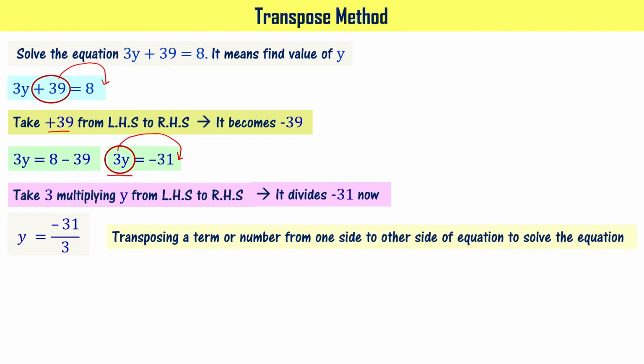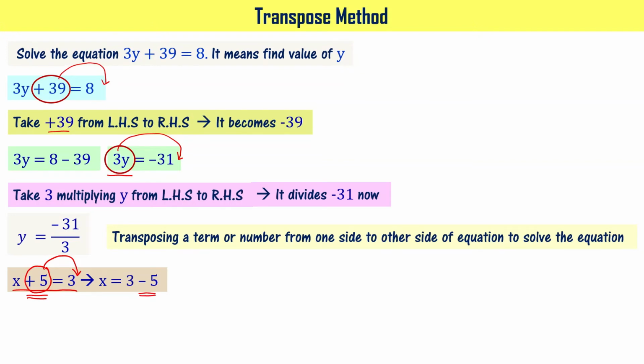But in that case also, you have to remember that if it is plus sign, when you transpose, it is going to be negative sign. If it is multiplying, when you transpose, it is going to be division. Let's try to understand that with few more examples. Here the given equation is x plus 5 equal to 3. I want to transpose this plus 5 from LHS to RHS. When I do that, the equation is going to be x equal to 3 minus 5. You see here on left hand side, initially it was plus 5. After transposition, it has become minus 5 on right hand side, right?